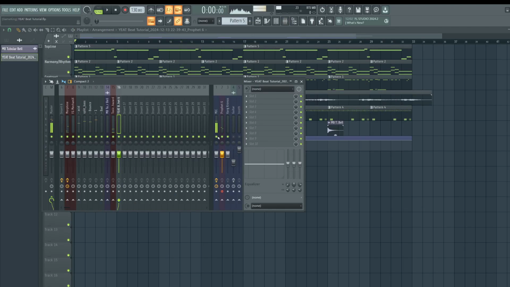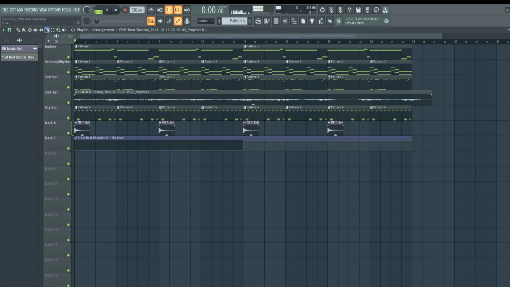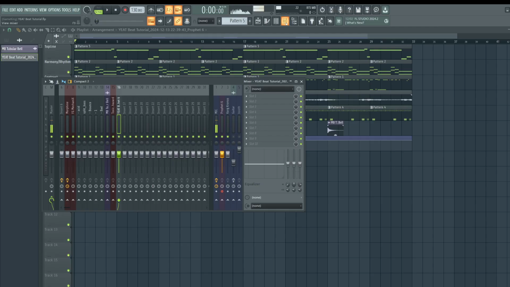I'm going to add time effects to these sounds. Firstly, I just want to record these sounds. Again, this is beyond the scope of FL, but I'm recording a hardware synth into FL. It just has the sounds that you could stack easily.